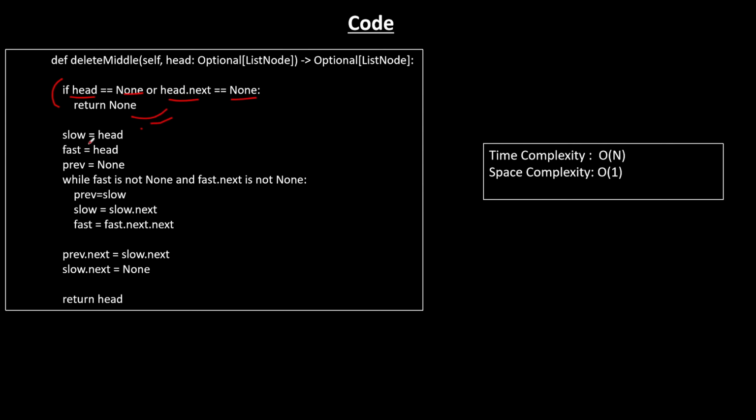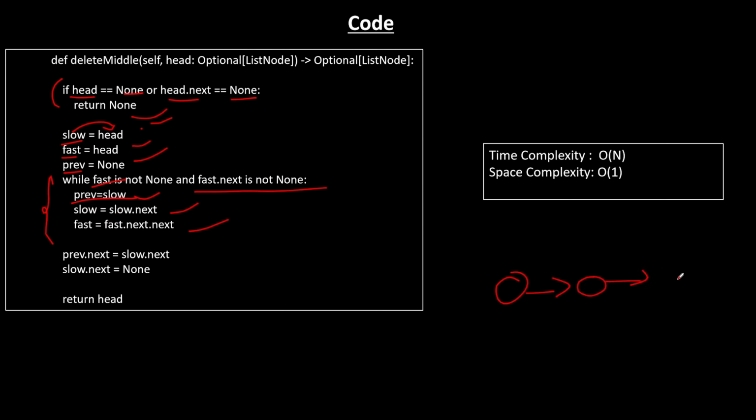Then we take the slow pointer, fast pointer, and previous pointer. We point slow to head, fast to head, and previous to None initially. Now we do the while loop while fast is not None and fast.next is also not None, and we keep on updating the pointers. Previous comes to the slow pointer,